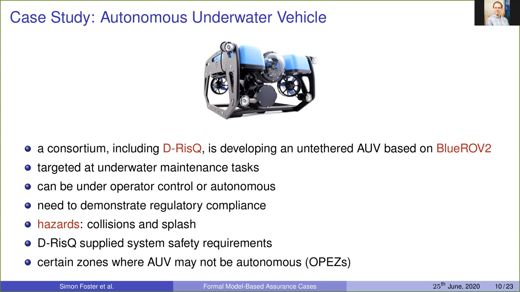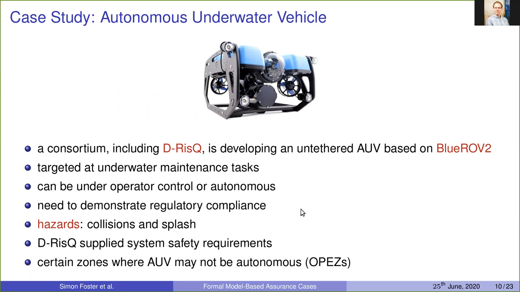The AUV can be under operator control, or it can function autonomously. And obviously, when it's functioning autonomously, it needs to ensure safety, and it needs to demonstrate regulatory compliance, because these things can come into contact with humans and other AUVs. And so the kinds of hazards that we're looking at are collisions, but also the potential for causing things like splash, right, which might cause harm to the people around